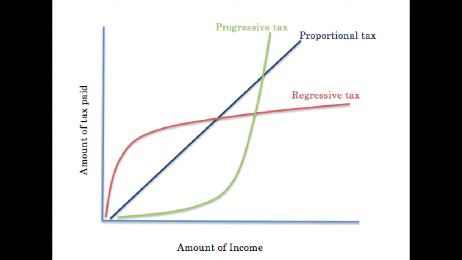In the United States, there are 3 different types of taxes: proportional, progressive, and regressive taxes. A proportional tax imposes the same percentage rate of taxation on everyone, regardless of income. That means that if you earn more or less money, the percentage of that tax does not change. Medicare is a good example of this. The percentage tax of Medicare does not change based on your income.